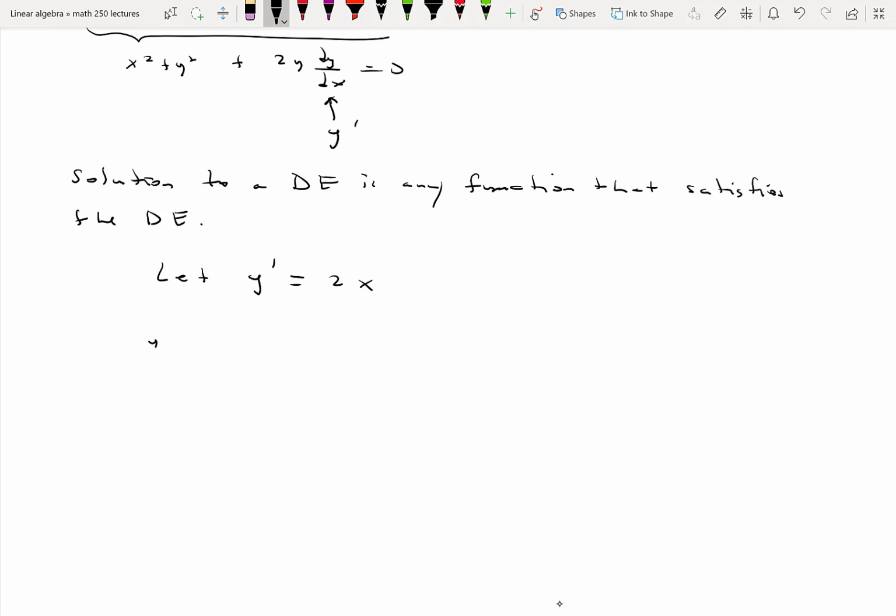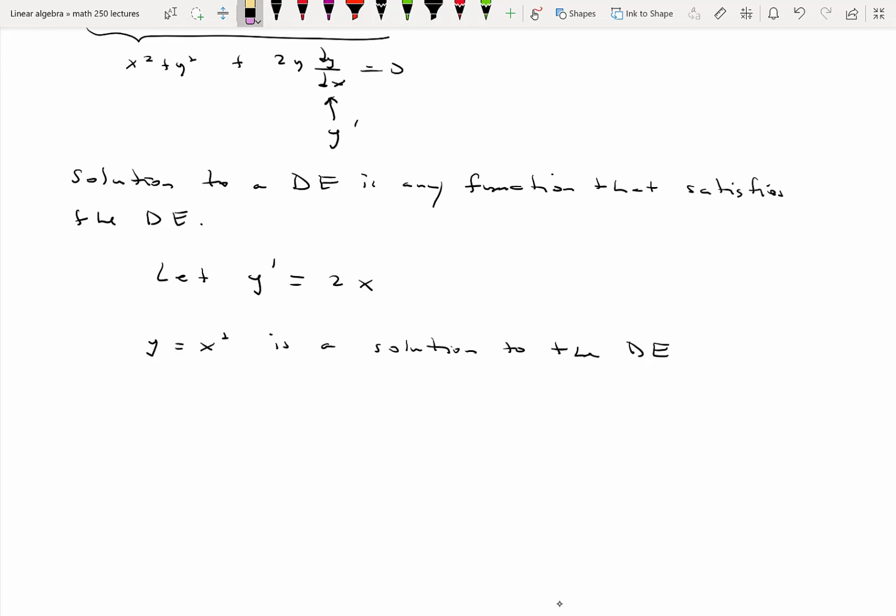Okay, y equals x squared is a solution to the differential equation. Why? It's not a solution because if we integrate both sides of the differential equation, we get x squared as one of the solutions. It's a solution because if we substitute the function x squared into the differential equation, it works. Okay, so again, if you missed that, y equals x squared is a solution to the differential equation